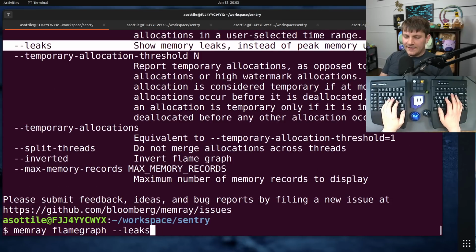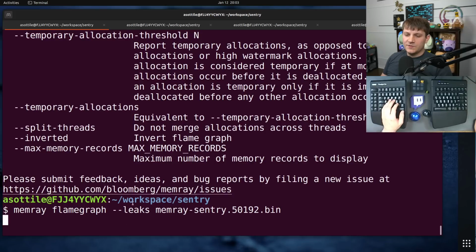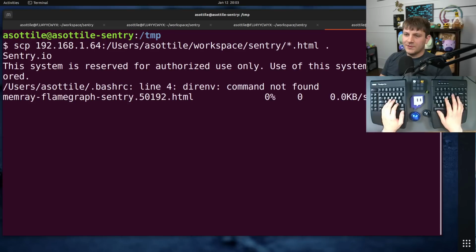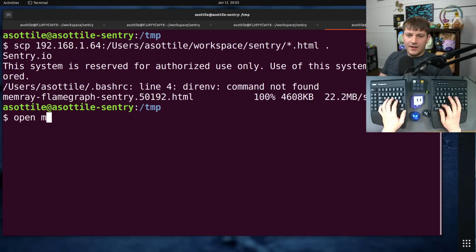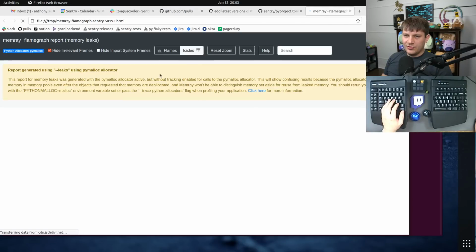We do leaks, and then we can pass in our memray binary format that we got out. So that's what this memray sentry blah blah blah .bin is. This will crunch some numbers and spit out an HTML file. I actually need to download that so I can view it on this computer. And if we open that up, memray gives us a nice pretty